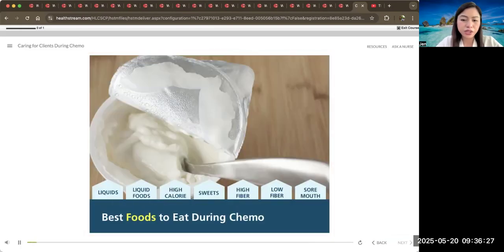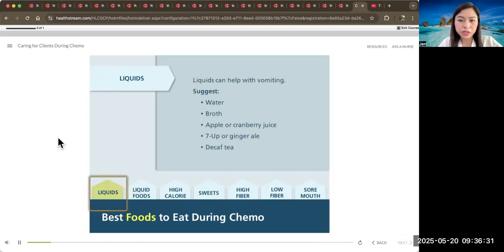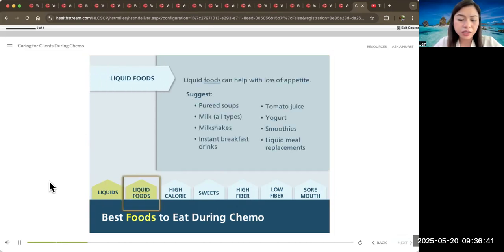Okay, so best foods to eat during chemo: liquids. Liquids can help with vomiting. Water, broth, apple or cranberry juice, 7 Up or ginger ale, decaf tea. Liquid foods can help with loss of appetite, such as pureed soups, milk of all types, milkshakes, instant breakfast drinks, tomato juice, yogurt, smoothies,